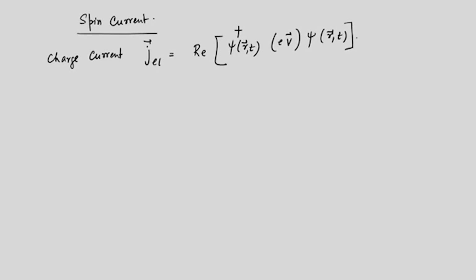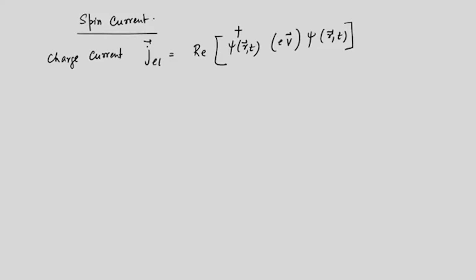If you remember, it has a form which is psi star del psi minus psi del psi star. This can be written in a simplified form like this, and this current, the charge current, obeys the continuity